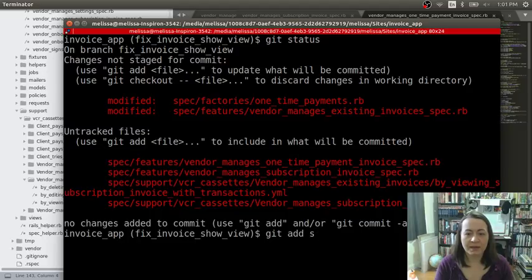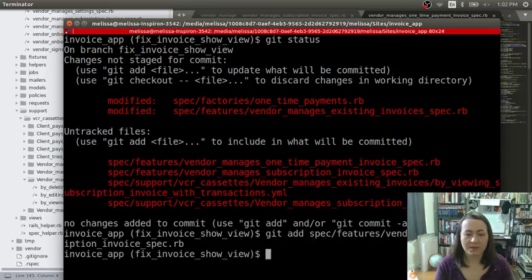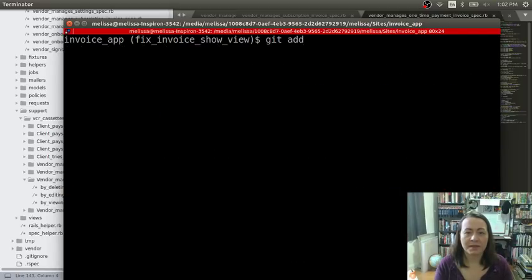We're adding vendor manages subscriptions, because that wasn't completely new. Let's leave the vendor manages one-time payment because that was completely new. But we need to add, all right, it's harder to look at the bottom. Get add,